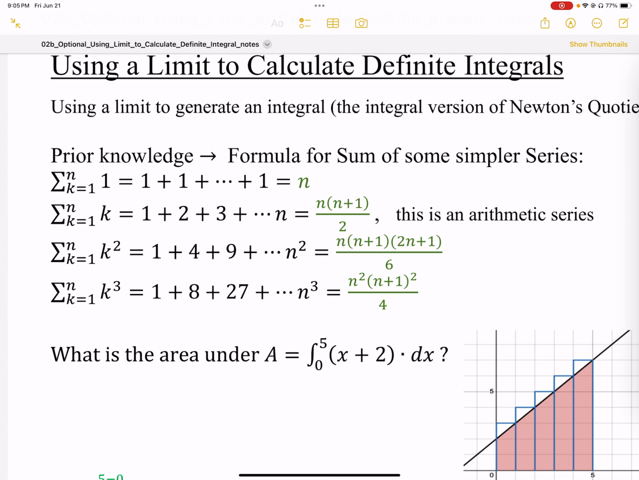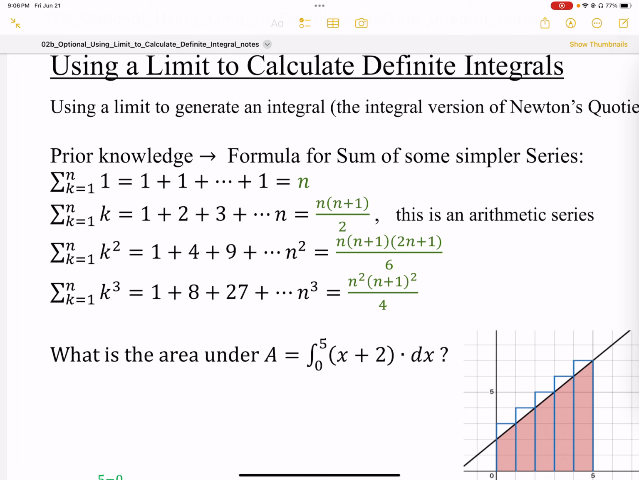Now this is an arithmetic series, and we have a formula for arithmetic series, and that formula will simplify to n times n plus 1 divided by 2. So that's a simple arithmetic series. We can get into a little bit more complex ones when we have things like k squared. So we're going to sum up 1 plus 4 plus 9 plus 4 squared plus 5 squared